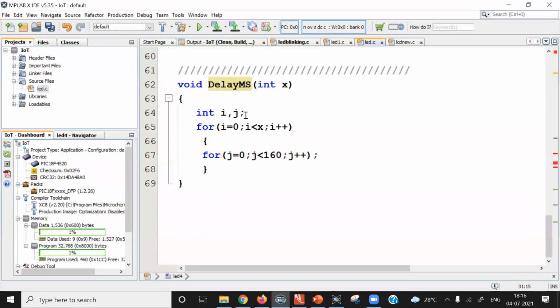So you can write this function anywhere in the program. However, it should be outside the main program. So this function is written here, void delay ms integer x. I have once again generated two more variables, integer type of variables. If you do not type here unsigned,